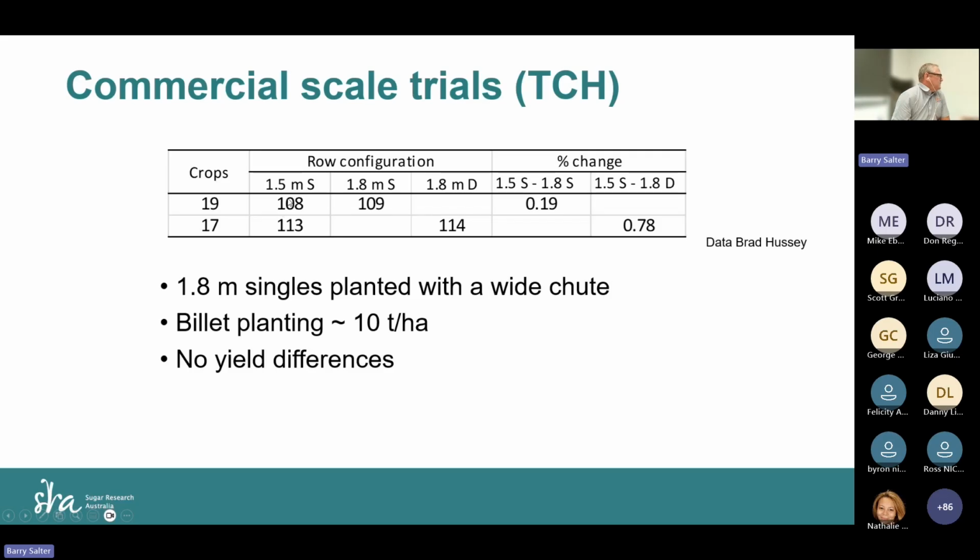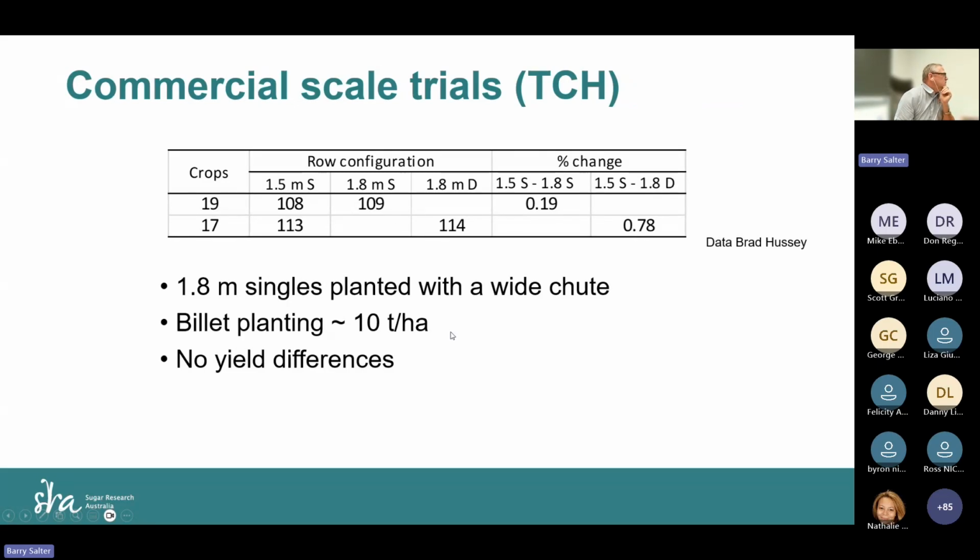I've compared the 1.5 metre singles to the 1.8 metre singles, and the 1.5 metre singles to the 1.8 metre duals. In each case, there were well over a dozen trials: 19 for the single row crops, and 17 where we were comparing to duals. Again, in the commercial setting, there was absolutely no difference in yield. So 108 tonnes to the hectare to 109 on average, and 113 for 1.5 metre singles compared to 114 for